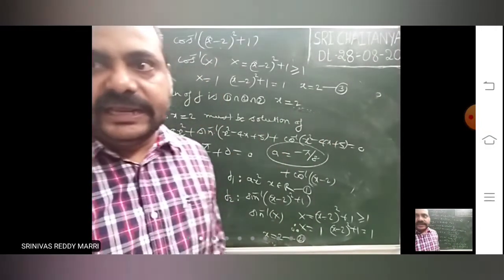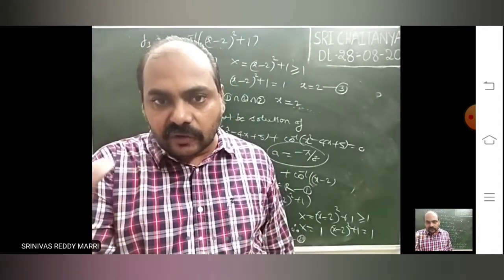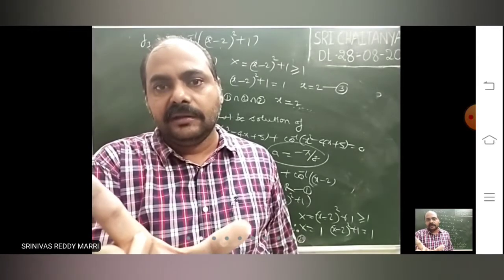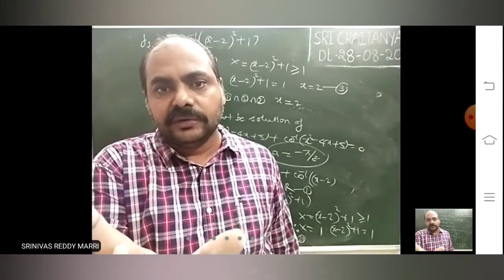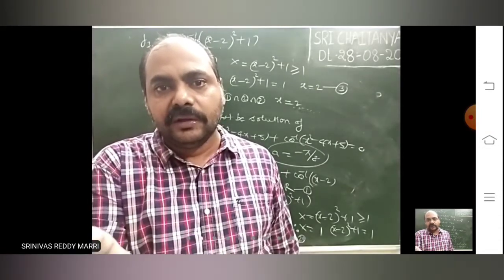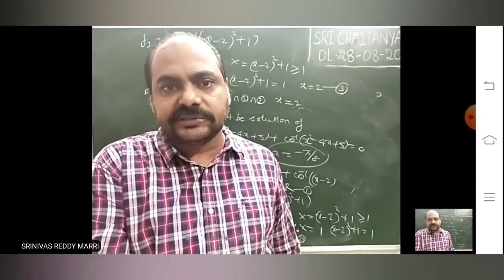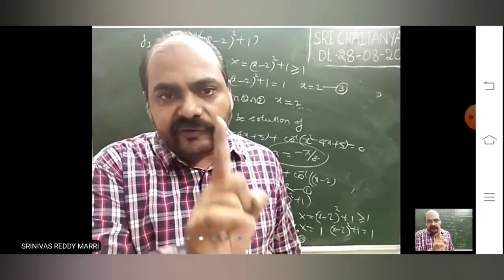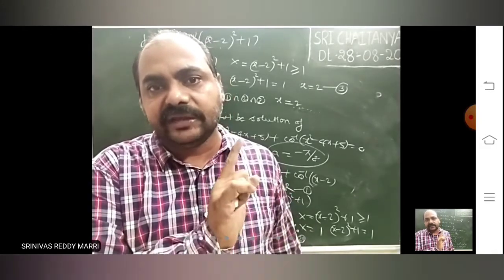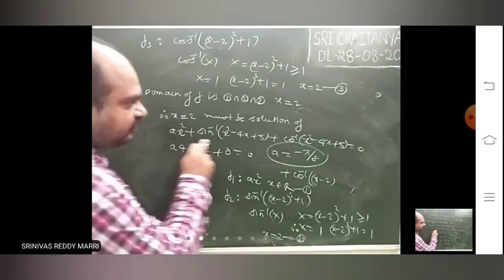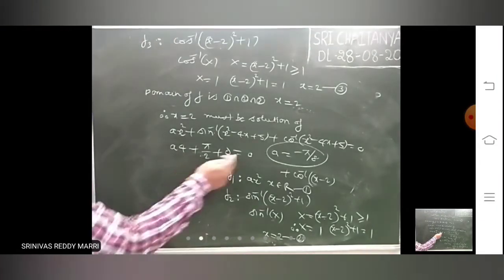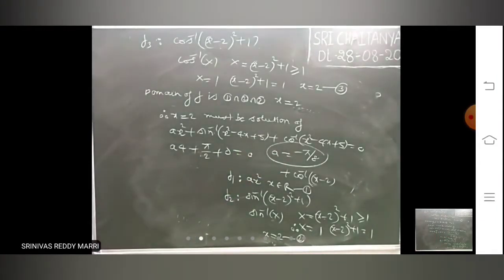Like that amount. So one equation is given, f of x equal to 0, right? Left hand side f of x is there. I have calculated the domain. Domain I got only x equal to 2. That means the given function's left hand side will be defined only for x equal to 2. That means that must be the solution. Given that the equation has only one solution, right? That means x equal to 2 must be the solution of the given equation. So substitute in this, it has to be a solution means it must satisfy the equation. I have substituted x equal to 2. That means A is what? Minus pi by 8.